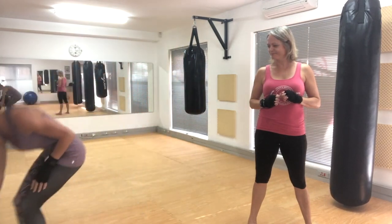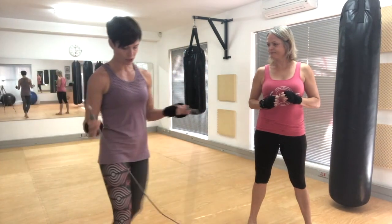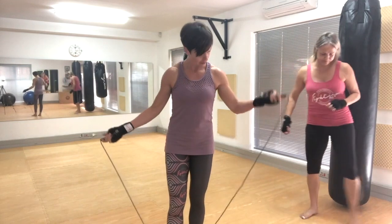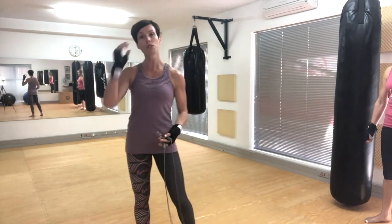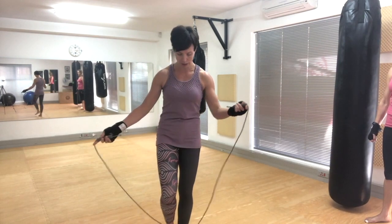So what we always have to do before we start any good boxing session, as you see, Madeleine is already going and jumping forward, we need to do a warm-up. I'm going to show you guys, part of boxing always is skipping. Don't panic though. If you guys are not able to skip, I'm going to show you what we do with the skipping. And if you're not able to skip, Madeleine's going to show you that you can also just move on the spot by doing jumps without the skipping rope,